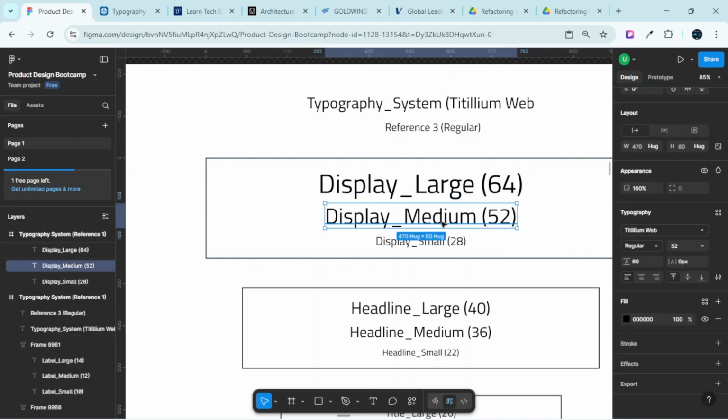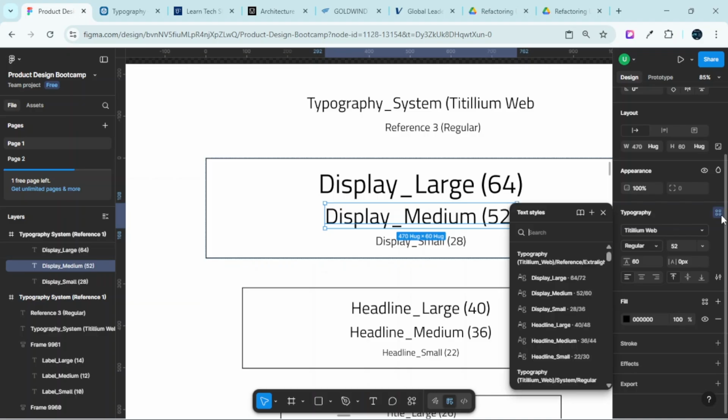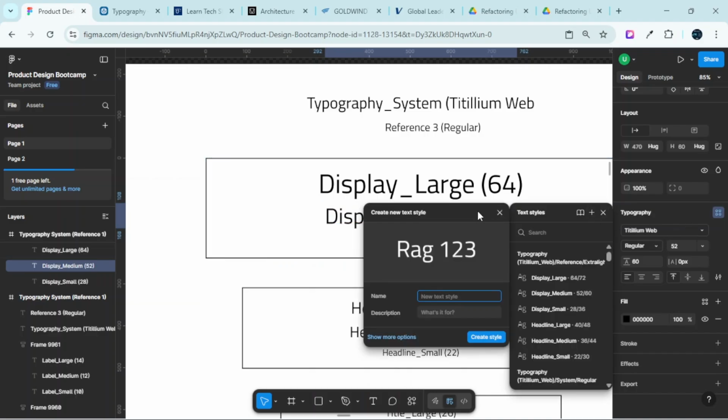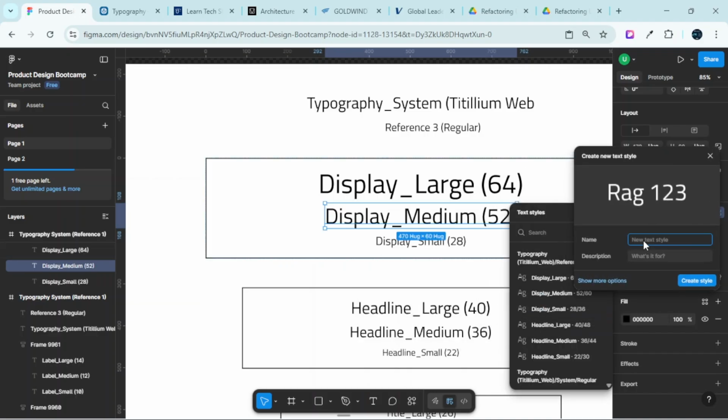I'll come over here, go for display medium, and then come back to my properties panel, click on that icon again, click on the plus icon that says create style, then Ctrl V to put in the naming convention, and then for this text, this is display medium, so I will remove the large at the end. Now this is me pressing my backspace key to remove that large text there, and then I'll type in medium, right? And this is for tablet devices, so I'll put in tablets, which is fine,